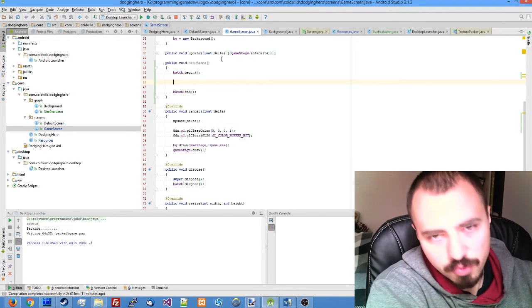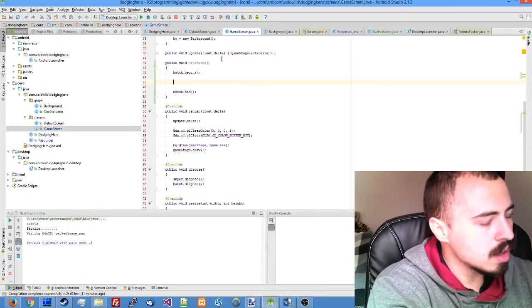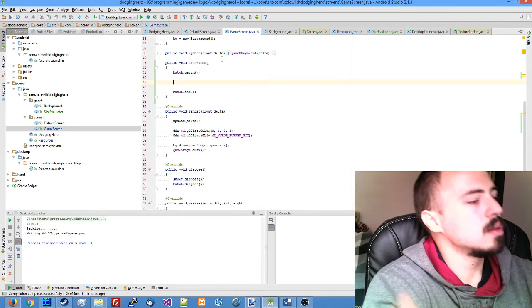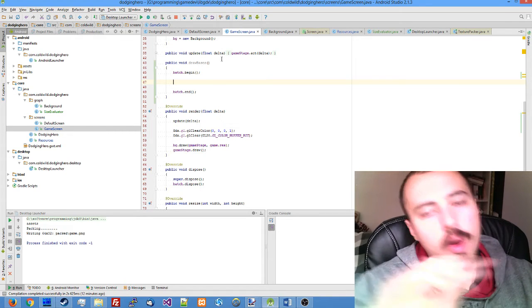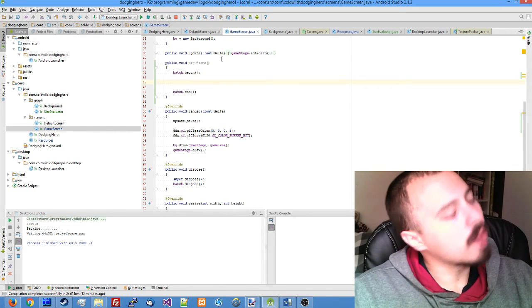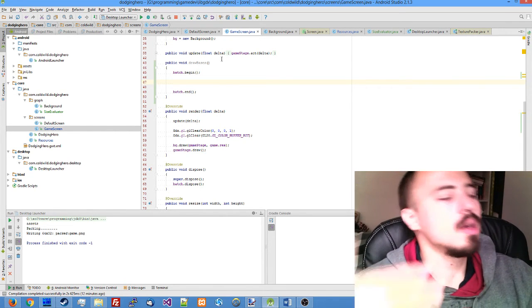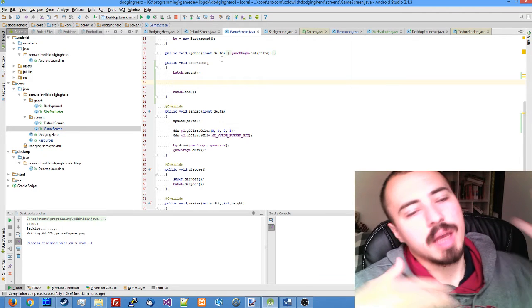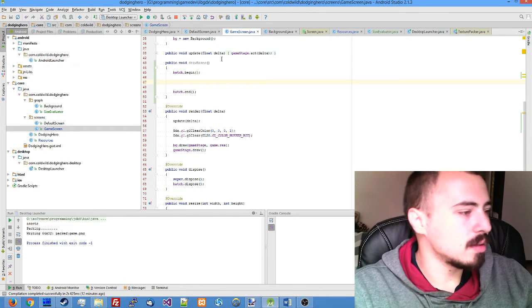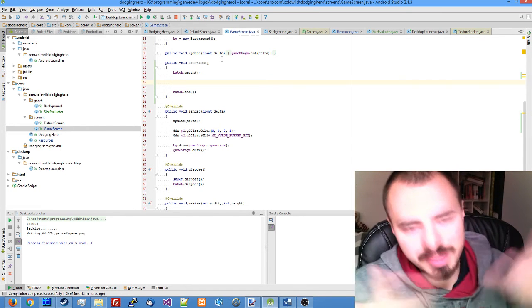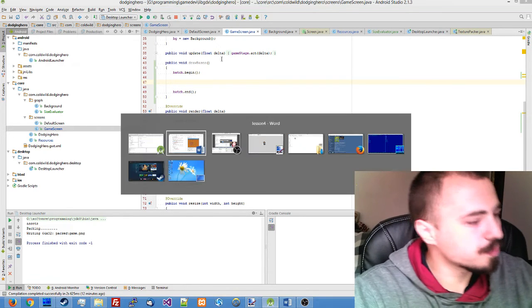Batch is responsible for drawing the sprites. So the thing is, you initialize the drawing process with begin, you draw all the things that you want, and then you finalize it with end. After you run the end command, all those things that you have drawn are sent to the graphic card. That's why it's called batch. They're sent in batches